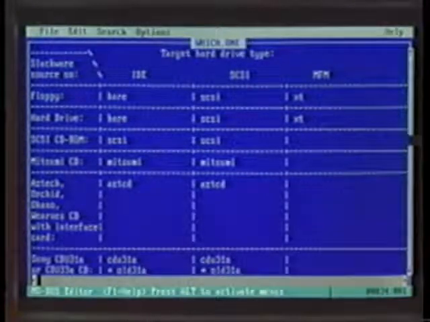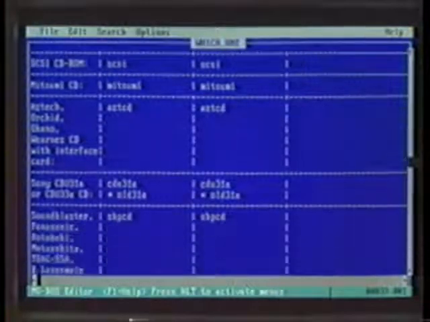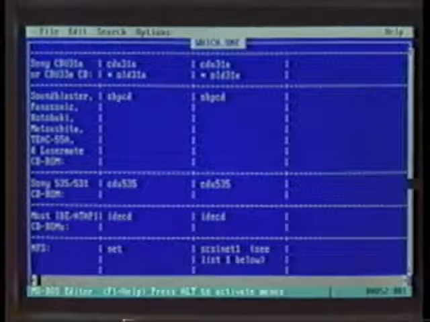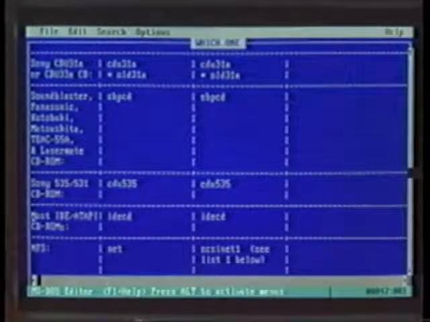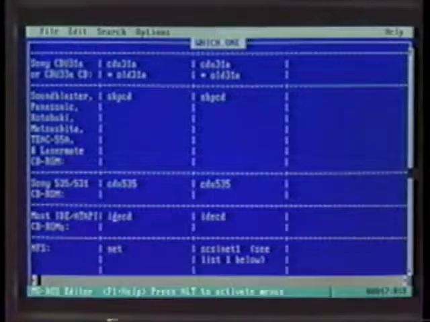Now, I have an IDE hard drive, and my Slackware source is on an IDE drive. So if I look at here, which is the IDE drive, and I go under the column for putting it onto an IDE hard drive, it says that the boot image that I need is the IDE CD boot image. So that's the one that I'll use. I'll get out of here